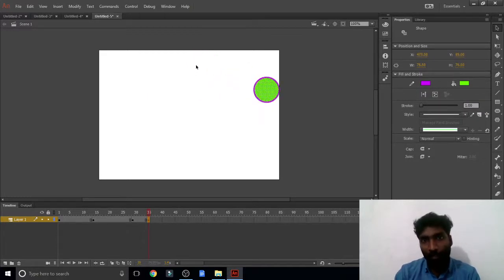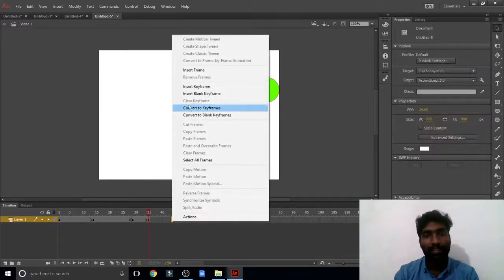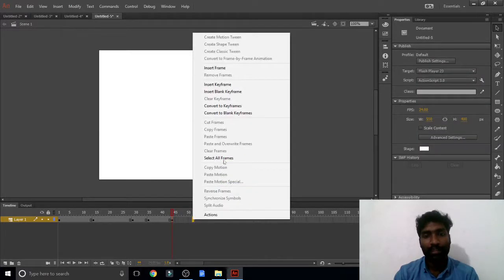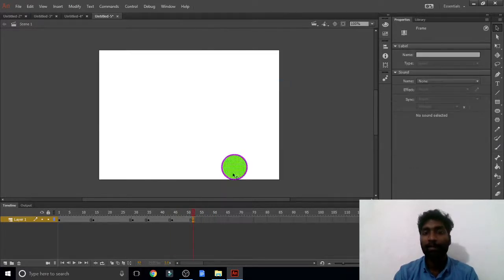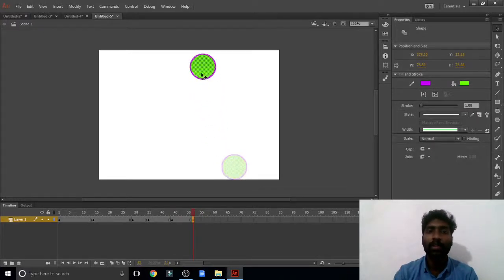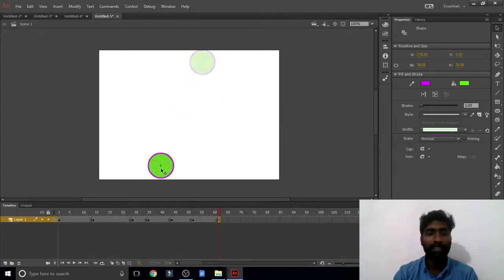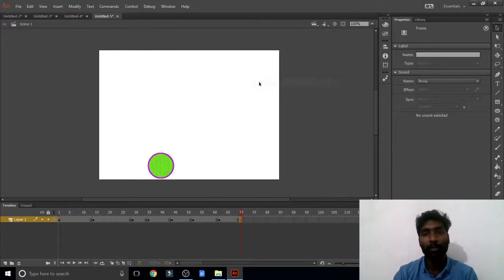When I am moving the object, it is going and should not come back. Right click, insert keyframe. Again right click, insert keyframe. My dear, this is the basics I'm telling you, but there are many things you should do in practical, and here it is not possible to do everything. I'm just telling the basics of what is given in your book.